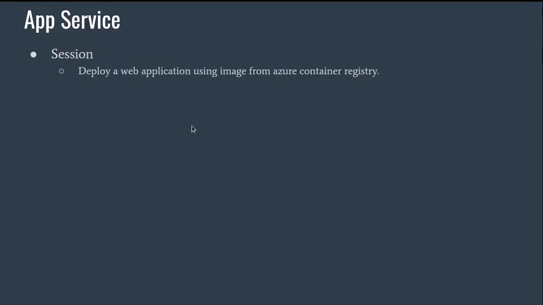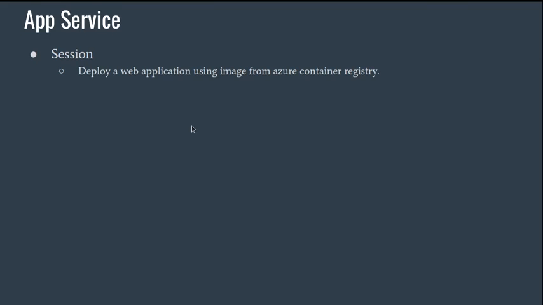Hello everyone, in this session we will learn how to create and push an image to Azure Container Registry and then deploy the image from Azure Container Registry to Azure App Service using Azure CLI. We will need to have basic knowledge of Docker and Dockerfile, which we will discuss when we are working on the steps for implementation. For this session, you will need to have the following prerequisites in place: Azure subscription, Azure